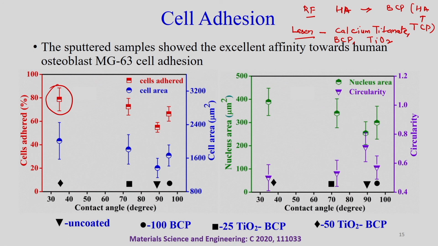So, this lecture included one example of the physical coating, particularly these two: RF sputtering and the laser cladding. The substrate was chosen as the titania, which is very much biomedically relevant for bone implant and dental implant surfaces, and we chose the hydroxyapatite because it has similarity with the bone, with the Ca by P ratio of 1.67. But the issue is when we are depositing with the physical methods, we are ending up with mixed phases apart from the pure phase, and the mixed phase does not have the same Ca by P ratio. Like for beta TCP, the Ca by P ratio is 1.5,